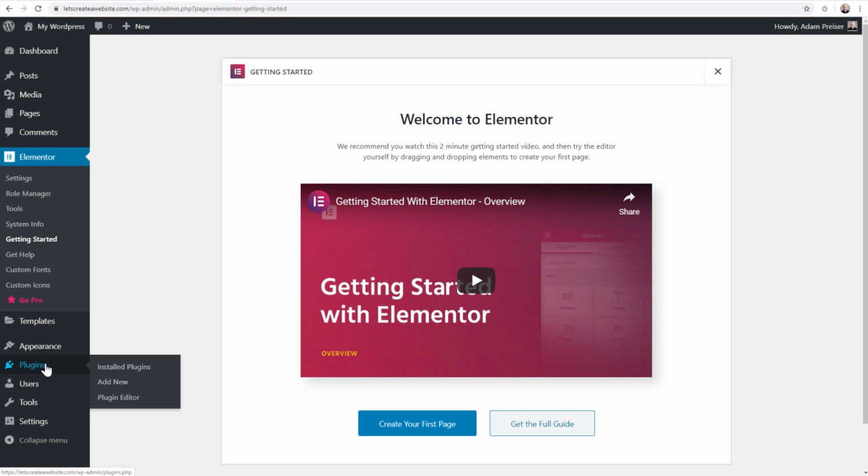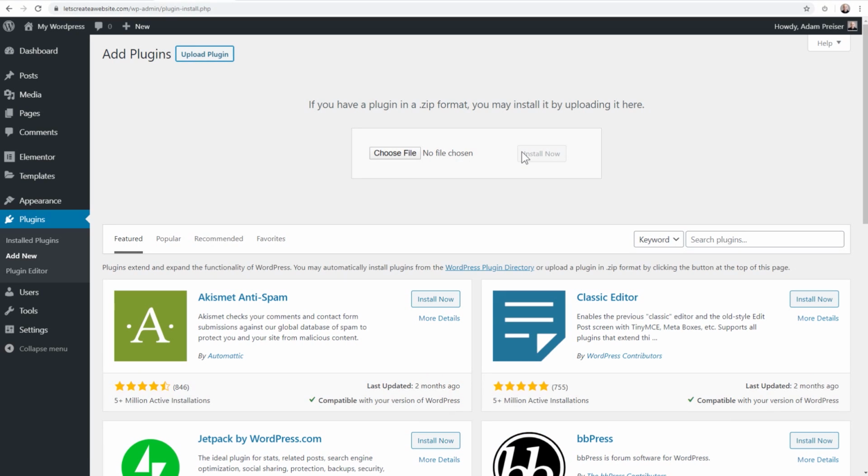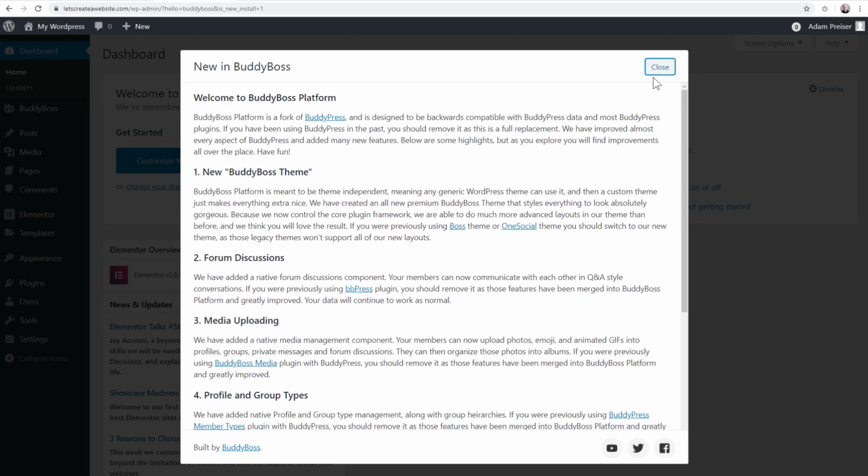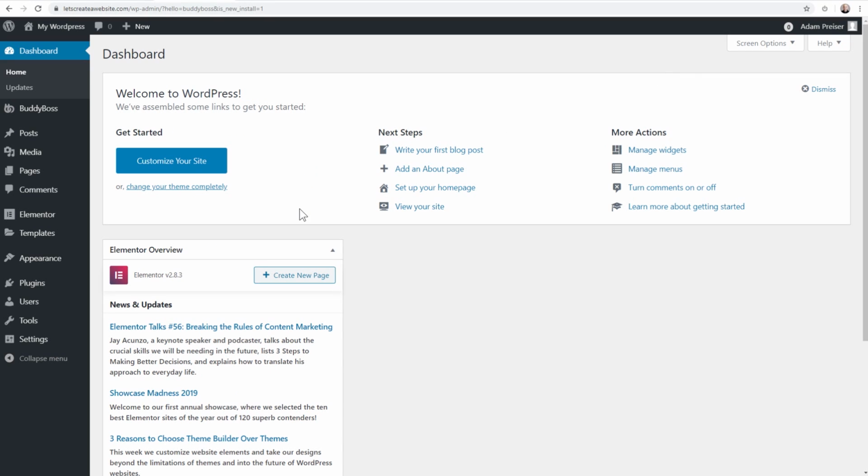We're going to go to plugins, add new, and then we're going to click on upload plugin. And this time we're going to upload the plugin named BuddyBoss Platform Plugin. I'm going to drag and drop this across. Now the other item we downloaded from BuddyBoss was a theme which we upload in a different location. I'll click on install now, then I'll click on activate. We're going to get this welcome, but I'm going to go ahead and click on close to close that, because